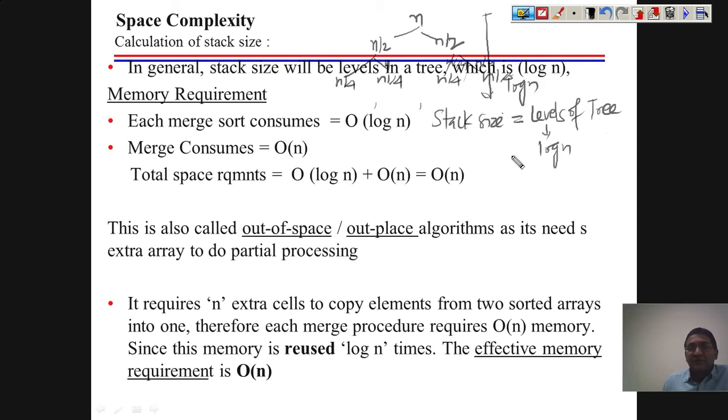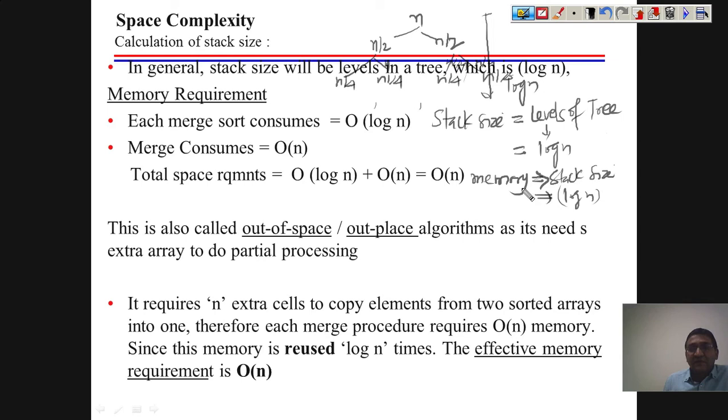That means the size of the stack is also log n. And our memory requirement for the recursive call is defined by the stack size. So that means we need log n memory for performing this division task.